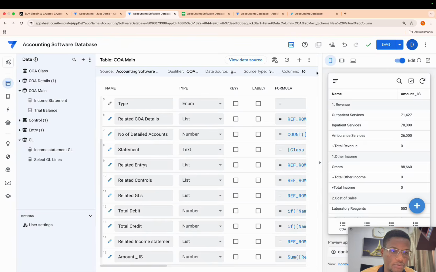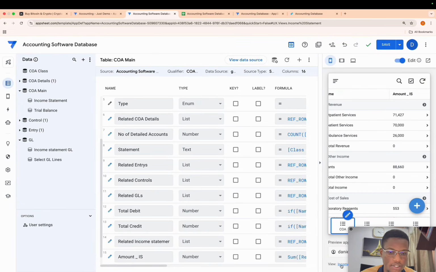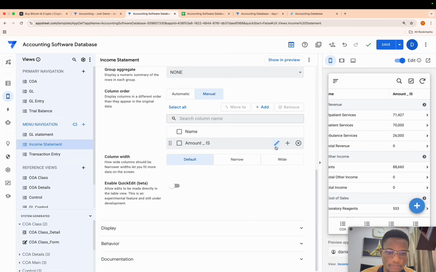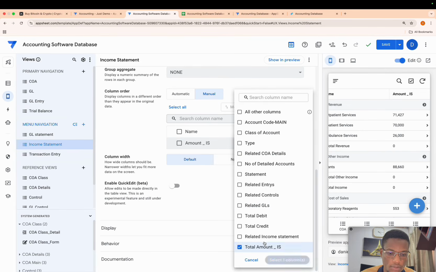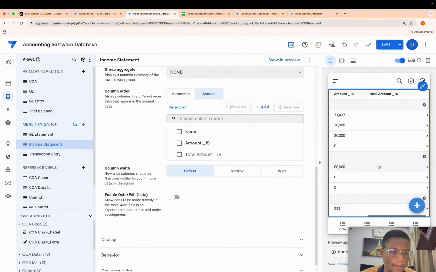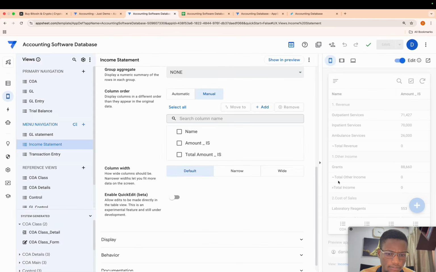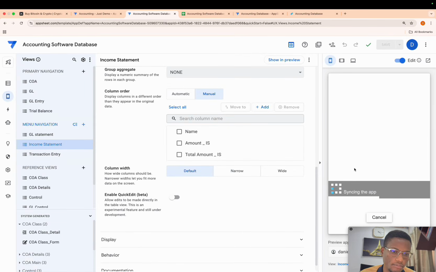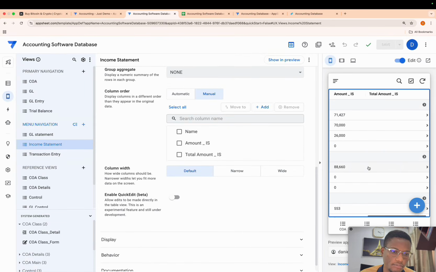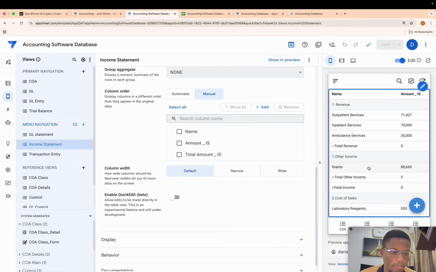I just want you to appreciate what you're trying to do over here. So let's come here and let's add this column. Total amount. Good. Let's save this. Okay, so we have nothing popping up.